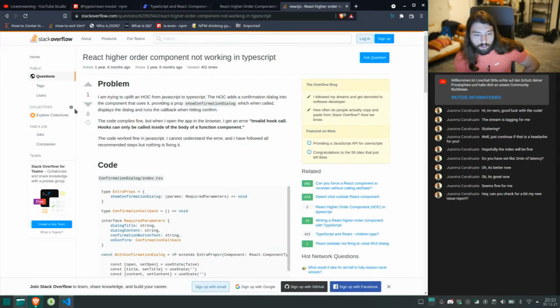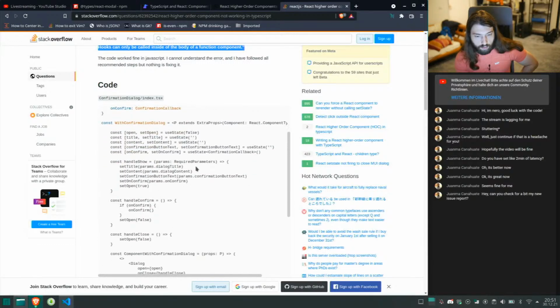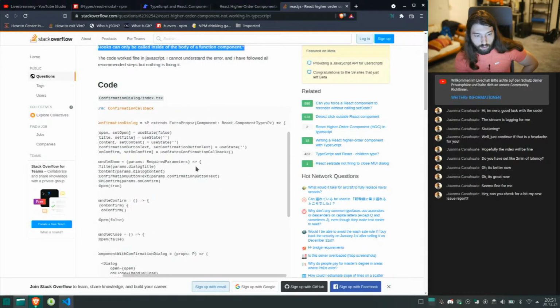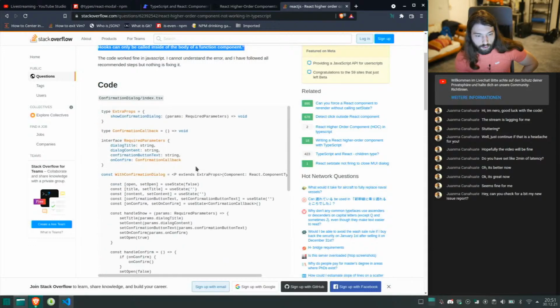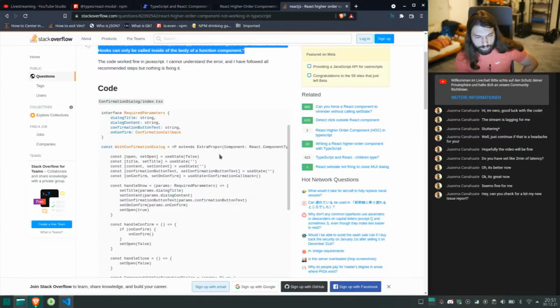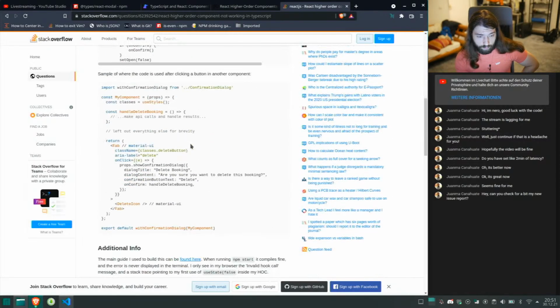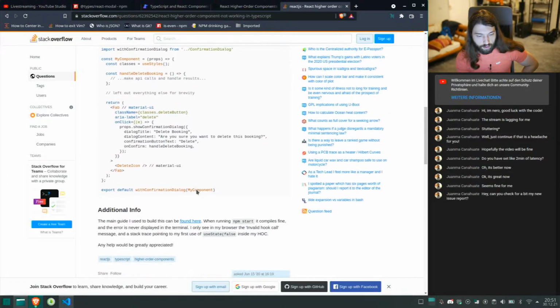React higher component not working in TypeScript. So he's also using, no, it also looks different. That's again like functional component. So they usually just use